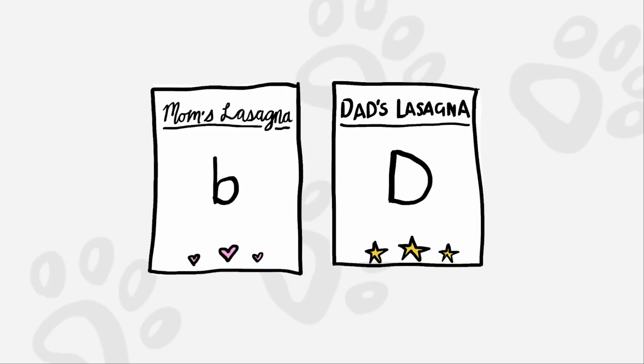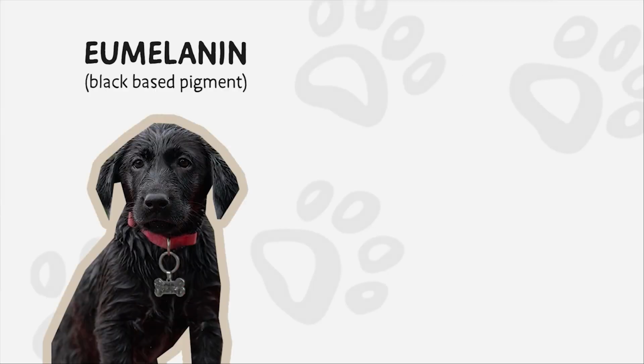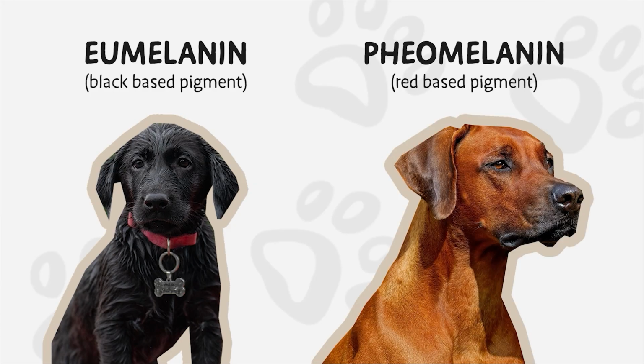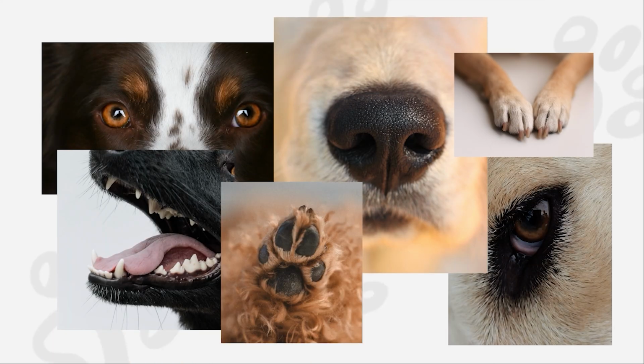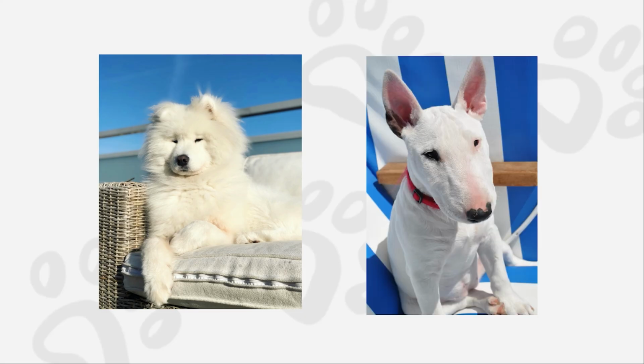Genes come in pairs, one inherited from each parent, and one dominant gene in a pair is enough to be expressed, but 2 recessive genes are needed in order to be expressed. Lastly, dogs have 2 kinds of pigment: eumelanin, which is black-based, and pheomelanin, which is red-based. A dog's nose, eye, lip, nail, and paw pad color all come from eumelanin. White in dog coats is either a very light shade of pheomelanin or a lack of pigment entirely, resulting in